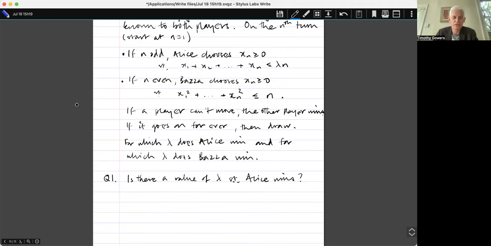The value of a question like that is not that it's a particularly interesting question. The answer must surely be yes. So it would be a rather strange problem if the answer were that Alice couldn't win. But the idea would be that one would get an example of lambda such that Alice wins, and then attempt to generalize the answer and get as much juice out of the answer as you can. But as I said, I still don't really have any feel for